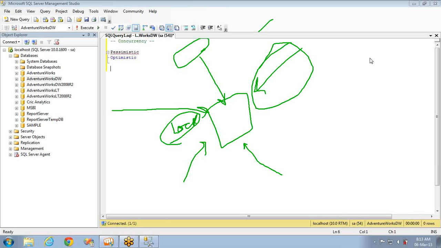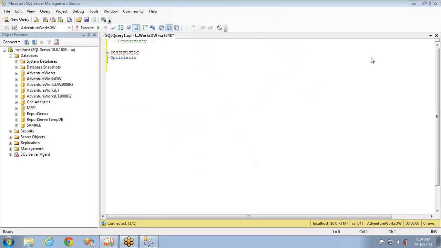When we discuss applying locks and so on, you may get a question of why we need to apply the locks. This is just because of the concurrency models. If the concurrency model is pessimistic, that means it treats that there may be a chance of a deadlock, so it applies the locks. For optimistic, it won't take care of the locks, or it won't worry about the locks. Now let's jump back. We have good enough knowledge on concurrency models. Now let's jump back to the